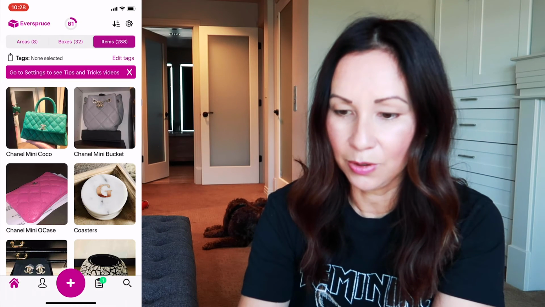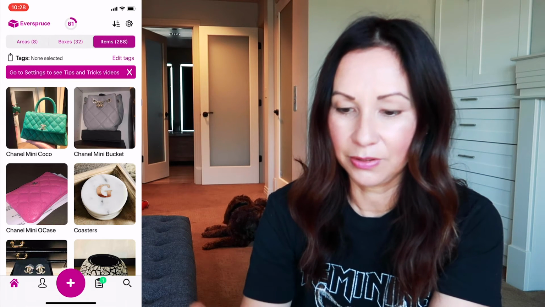There. So I go back to home and items, and there you can see that the tags are now associated with those items. So more efficient to do it this way instead of the previous way of going back and forth. So this is definitely a more efficient way to add items and using the tag feature. So I'm really, really excited that that is now done and all of you can use it. So that's my latest tips and tricks video for the Everspruce app. I hope you found it useful and will be able to use these 2 new features when you're organizing your